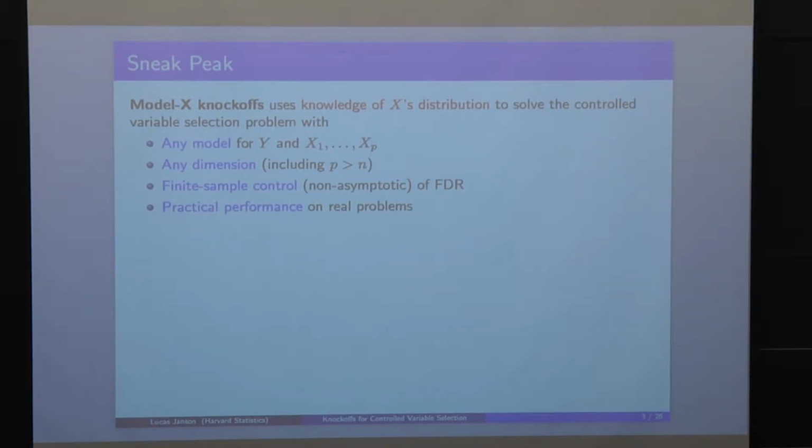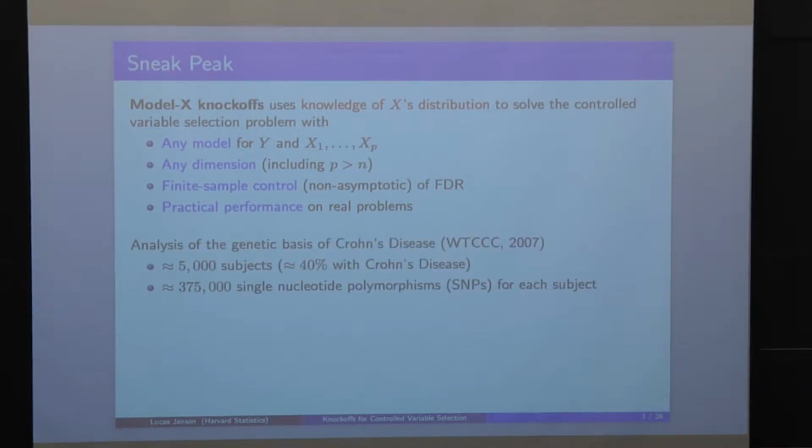And lastly, we get practical performance on real problems, by which I mean it's powerful. So I don't just control these things, I actually make a lot of discoveries. And I can touch on that last point a little bit because we actually applied this to a genome-wide association study data set where we had about 5,000 subjects, so that's N, and about 400,000 single nucleotide polymorphisms, so that's